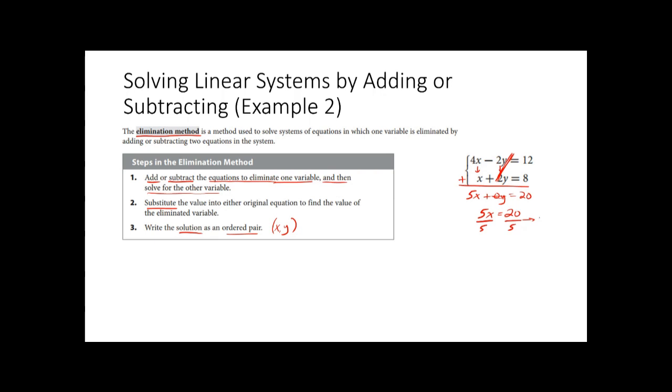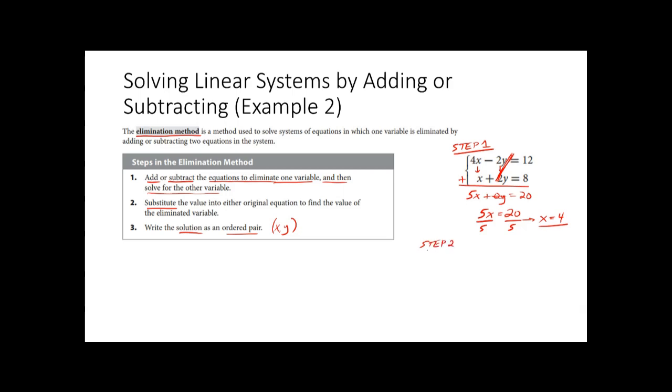And then you're going to hit your first variable. X equals 20 divided by 5, which is really just 4. Okay, so that is the first half of your answer. All right, step 2. So again, this was step 1. We chose to add because the negative 2y and positive 2y would cancel out if we added. And then step 2,